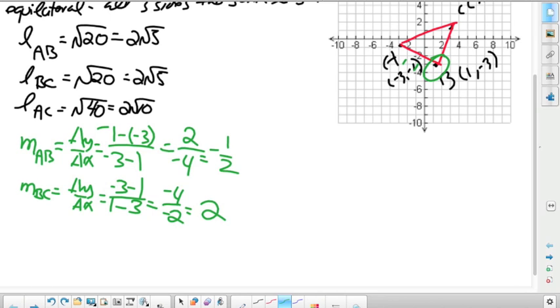So are those negative reciprocals of one another? Right? To figure out how to classify the triangle, we didn't have to do that, did we? No. Because if you just find the length, part of the classification is telling you if it's a right angle triangle or not. Okay. So since they are negative reciprocals, we know for sure that B is a 90-degree angle. Yes, exactly. So therefore, since